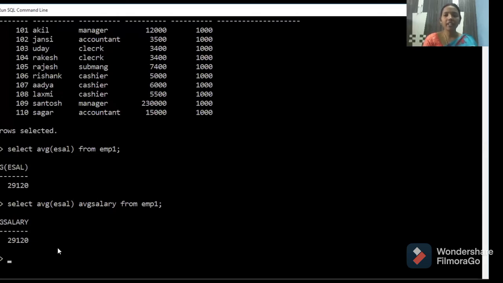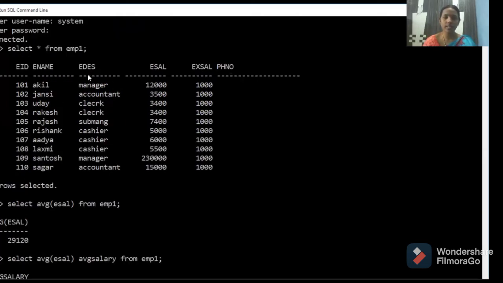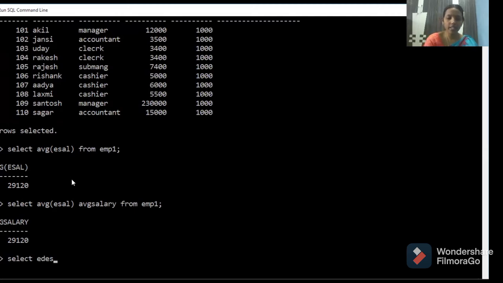Now I'm writing a query to group by class. Select. So what do I want to display? Average salary according to the designation. So the employee designation column is there. Now, employee designation, comma. On the employee designation column, what do you want to perform? An aggregate function.